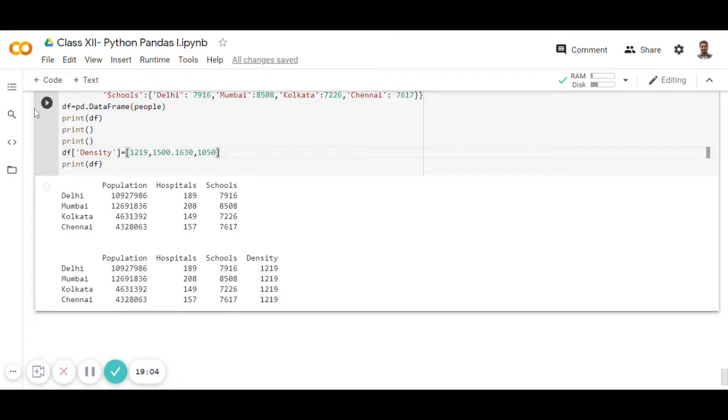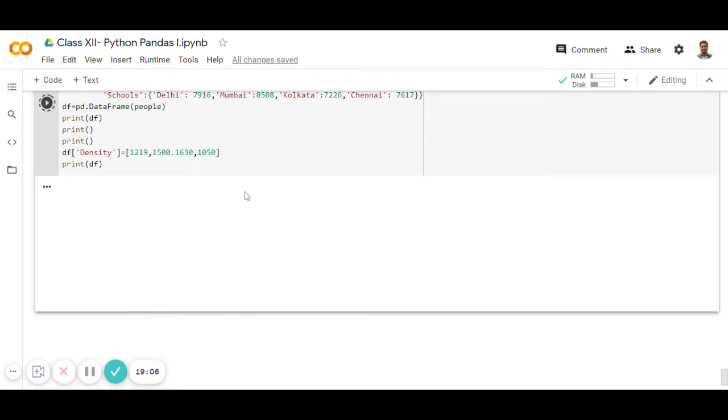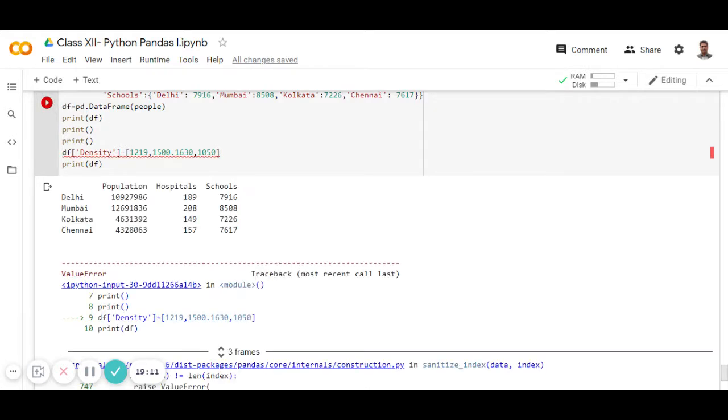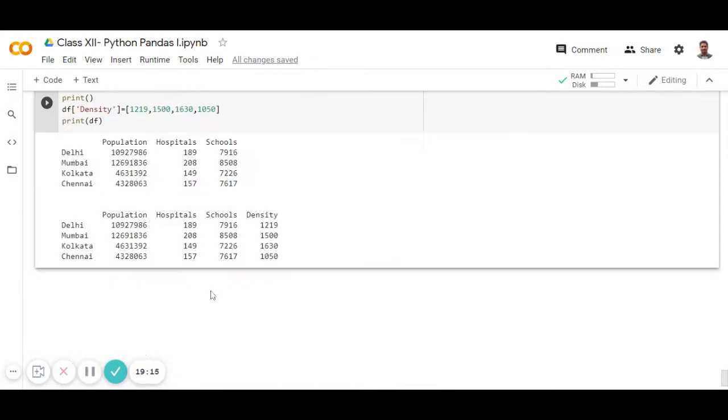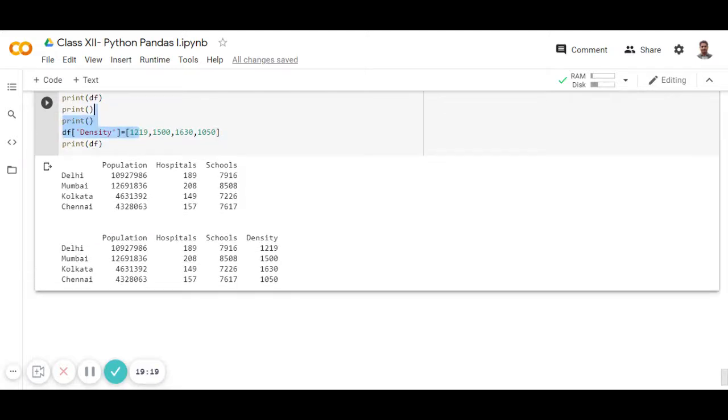So we can give it like that. Now check again. You can now see the values changed according to these values. So we can change it like this.